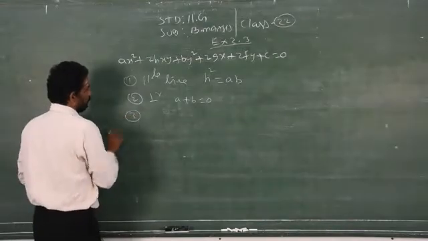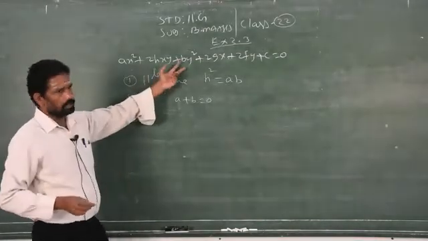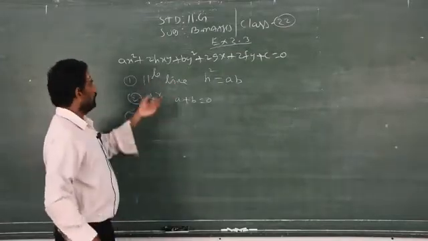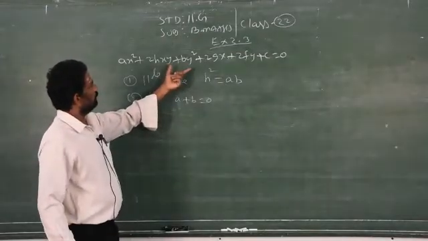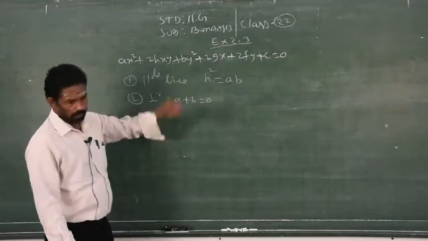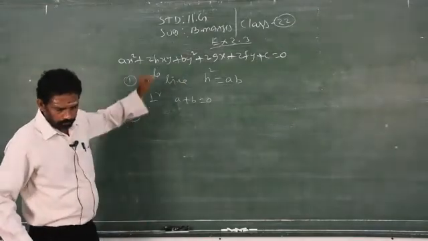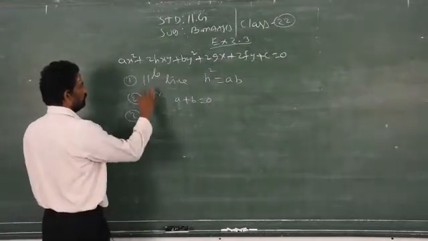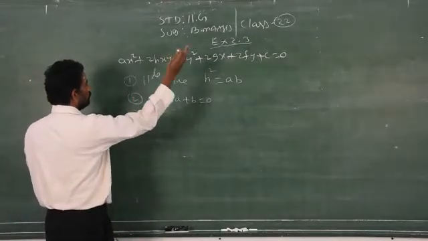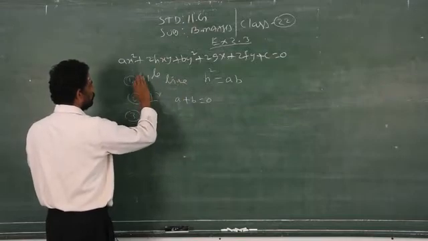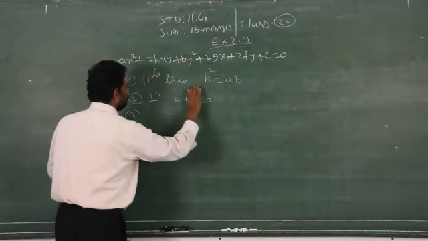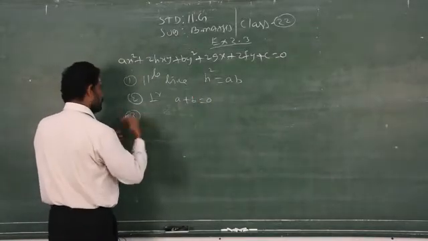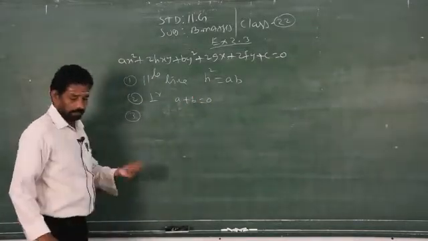Then the angle. So you have two equations, that is a combination of two equations only, a pair. Pair means what? Two. So the combination of two straight lines only will give the general equation of the pair of straight lines. This is called the combined equation of the two straight lines. To prove that those two lines are parallel, this condition should be satisfied. When the two lines are perpendicular to each other, the second condition should be satisfied.